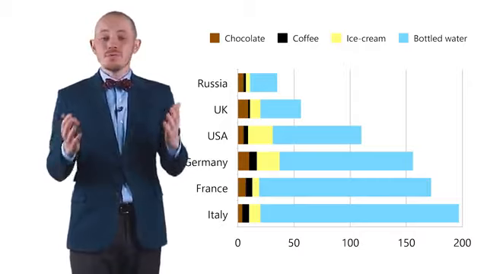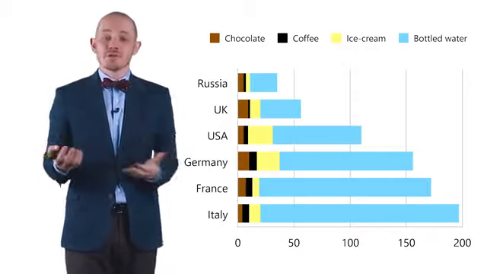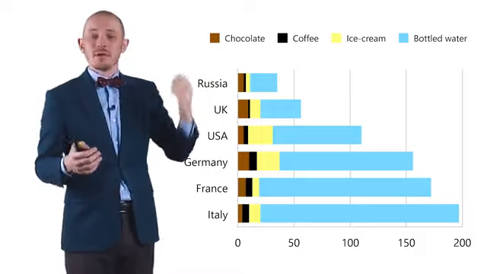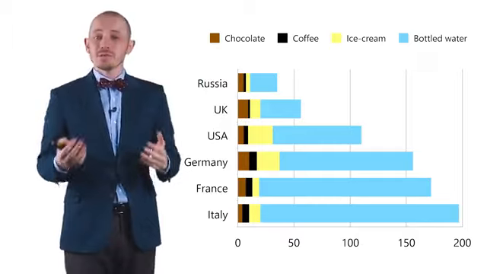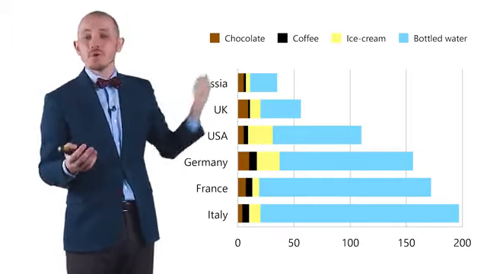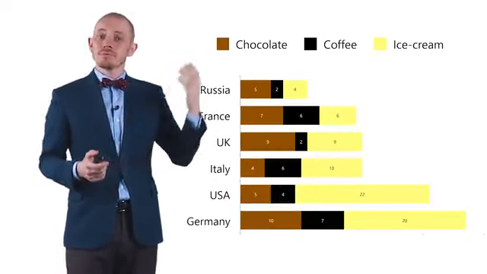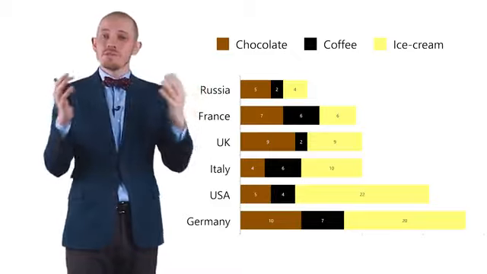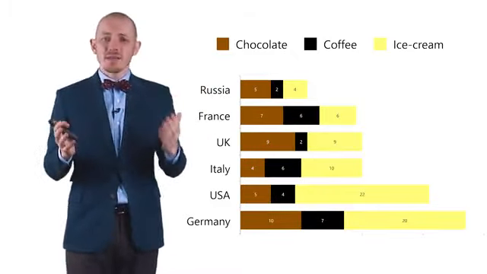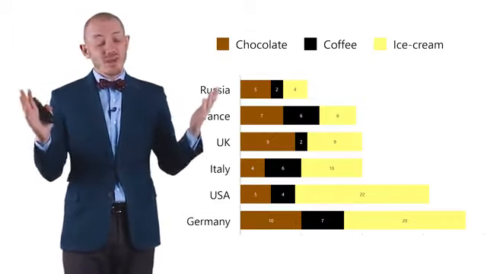What I do first, I would draw a simple stacked bar chart just to see what's going on, and I would need to sort it. And immediately I will see that Russia lags behind in consumption in most product categories. I would probably remove bottled water because there's just way too much of it. And I will see that in some categories things are better and in some are worse, but overall